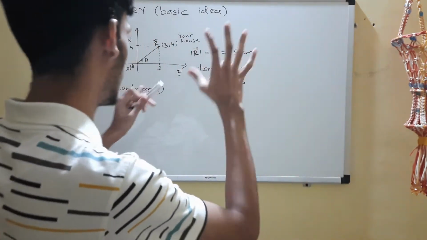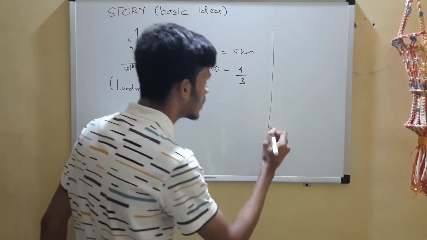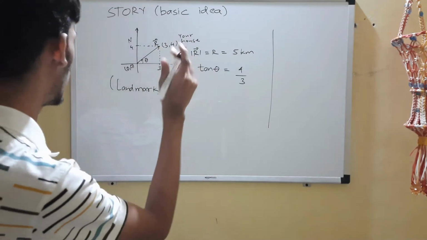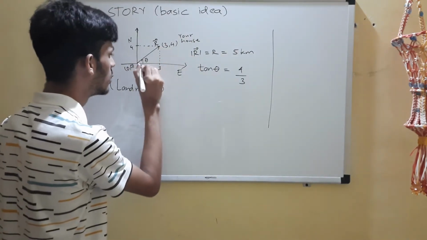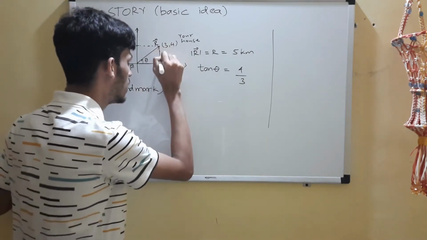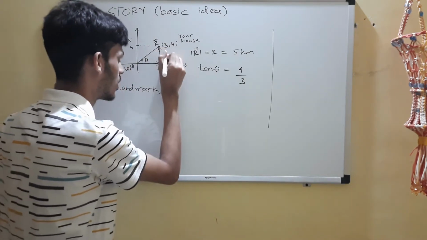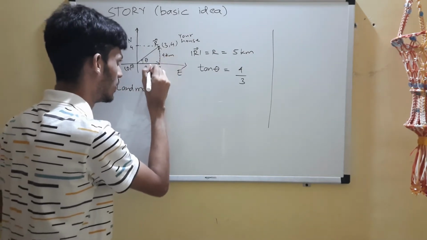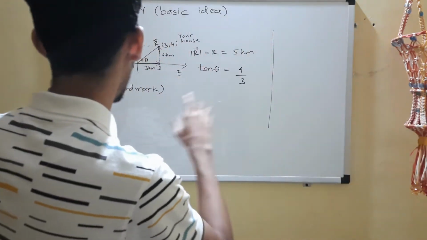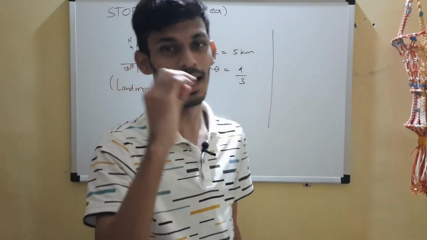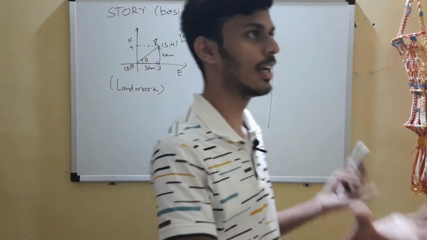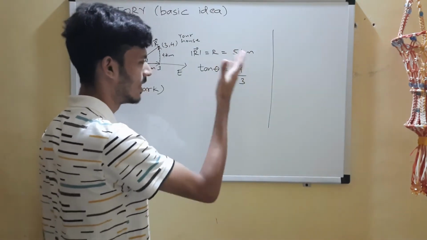So you have to tell it in an easier way. This is where resolution comes into the picture. I will resolve this vector, so I'll break it into two parts. First this, and then this. Now this is 4 kilometers, and this is 3 kilometers. Instead of telling him the shortest way, the 5 kilometer way, I'll tell him the longer way. But that is more convenient, because we are all familiar with distances. A layman is familiar with distances rather than things like this.